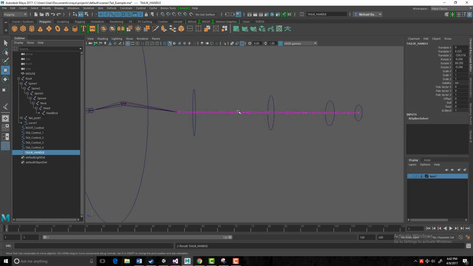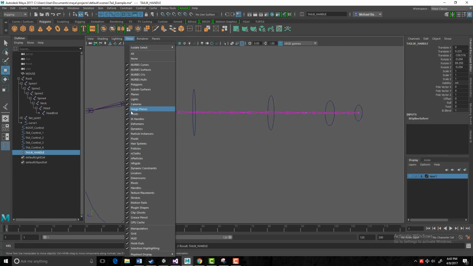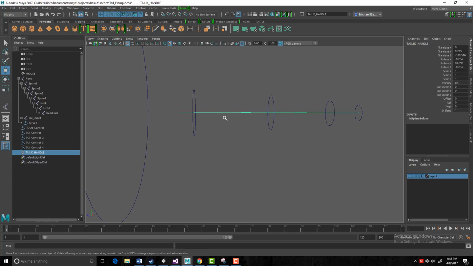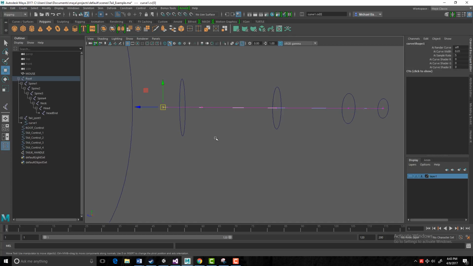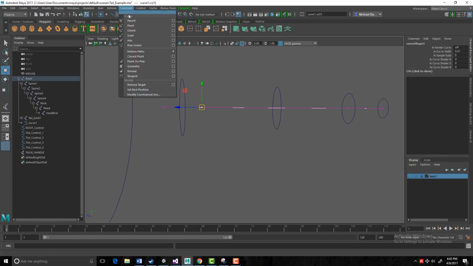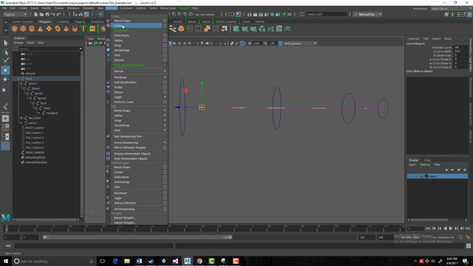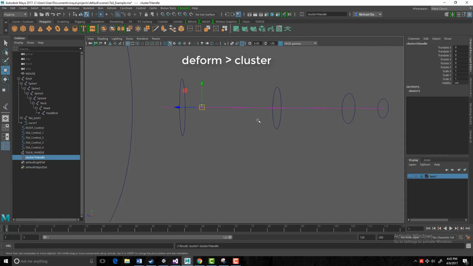Now just to show you guys, if I hide the joints, I right click and go into sub-object mode, grab this, and now you'll see those little pink points. Those little pink points are important, that's what we've got to add our cluster to. I don't tend to grab the very first one at the base of the tail. I go one up, and then I go Deform, Cluster,